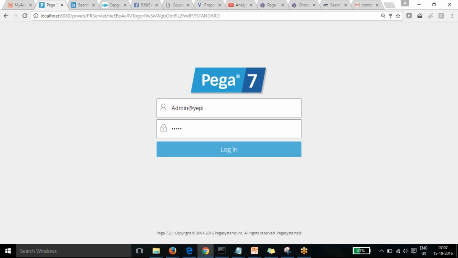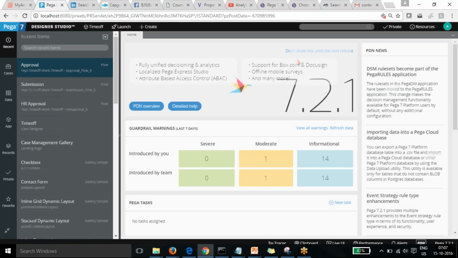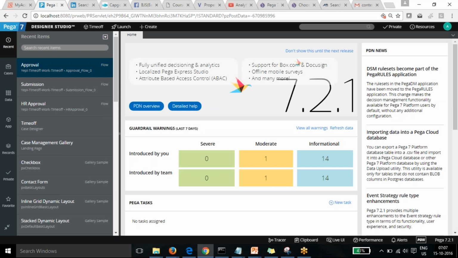Okay, so we converted our first step, the submission, and we have added a decision shape to describe that. I need to go back once, because I want to show you how you can add views directly.